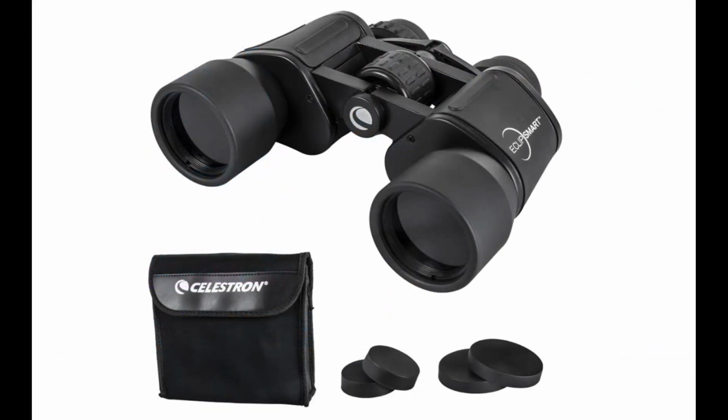Celestron makes a pair of 8x42 binoculars that have built-in solar filters, allowing you to safely view the sun. They are currently selling for $79, and there's a link for them in the show notes. In fact, I'll leave links to all the gear that we go over for your convenience. I purchased a pair of these for the 2017 eclipse, and they work great. Although it takes a little bit of practice to find the sun,